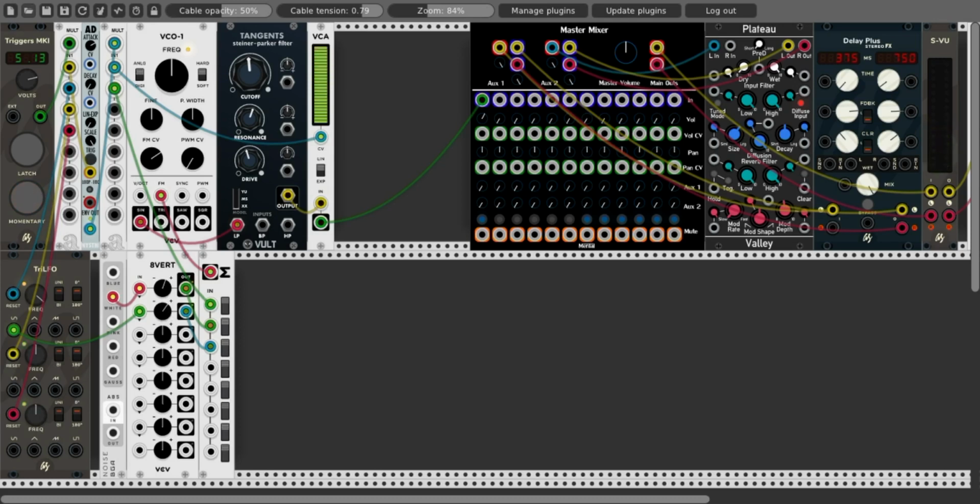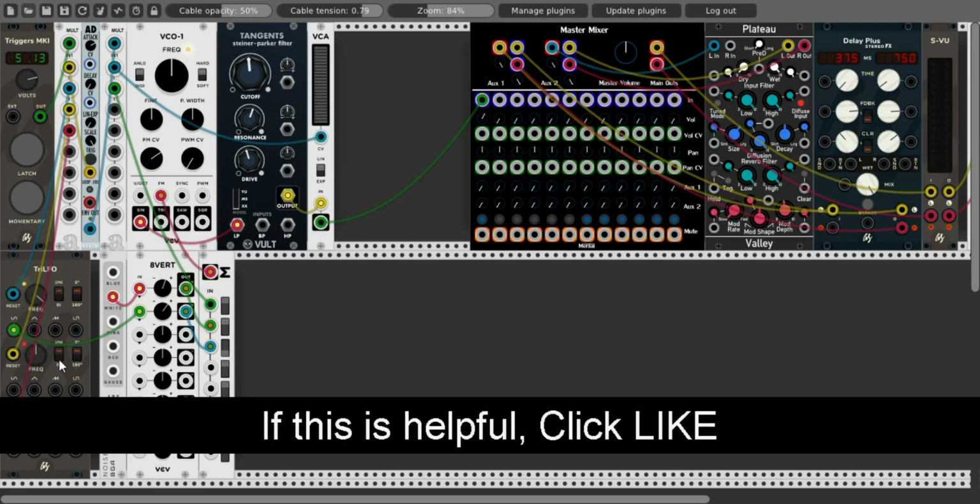For me, that's a little much. I rather like that. Let's also, though, just see what an inverted version of that would be like. Ooh, that's kind of nice. I like that. Let's try on the second LFO